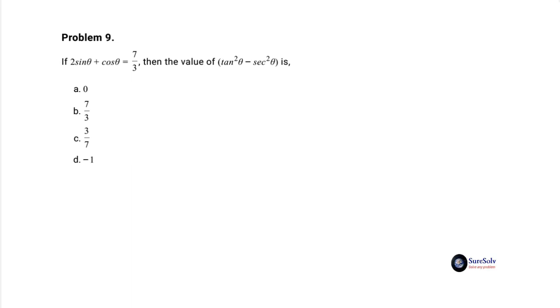As a rule, we examine the target expression first, and this time it gave us a solution in one step without involving any complexity of using the awkward given expression. Tan square theta minus sec square theta equal to tan square theta minus, in the brackets, 1 plus tan square theta, equal to just minus 1. Answer is option D, minus 1.